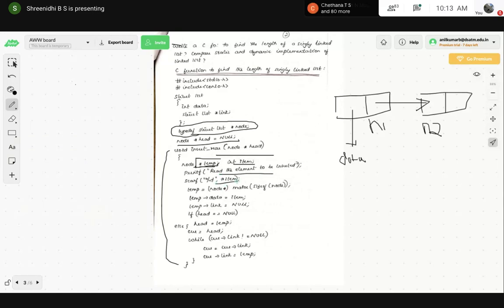As I told, it is dynamic. Linked lists are created using dynamic allocation functions. If you remember those functions, I explained them two times last semester and two times this semester as well. What are those dynamic allocation functions?